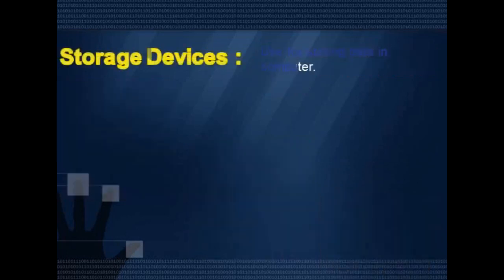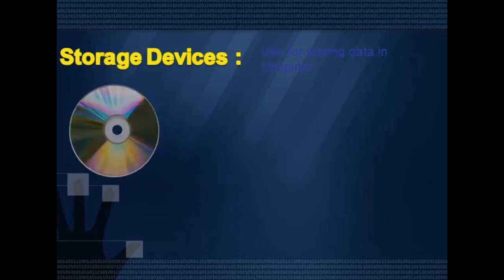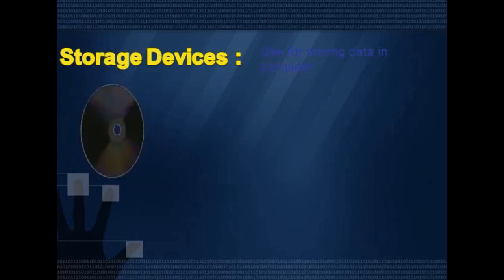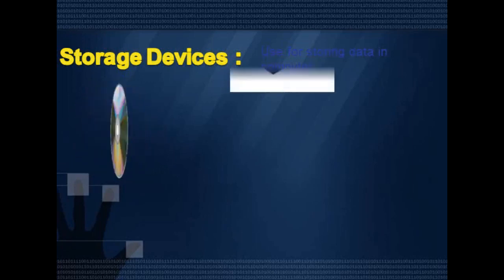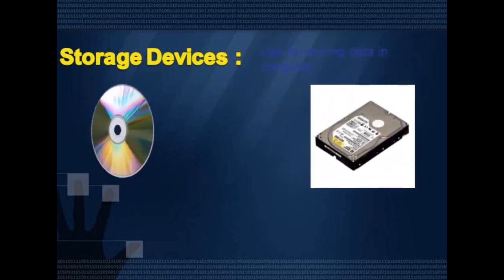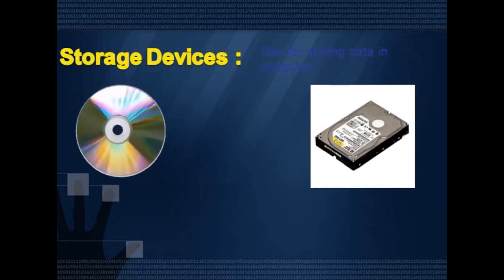Storage devices. The devices used for storing data are called storage devices. Hard disk is the main storage device which stores the entire work we do on a computer. Other important devices like CD, pen drive and DVD are also used to store information. CD. CD stands for compact disc. It is a round, flat and shiny disc that stores a lot of information. Hard disk. It is a device which stores huge amount of data and information. It is present inside the CPU box.